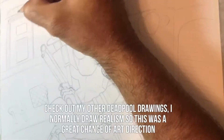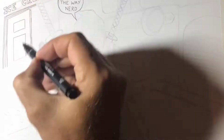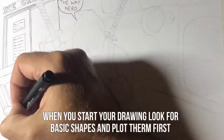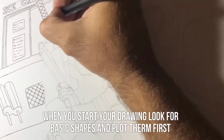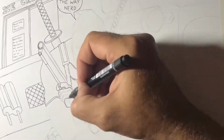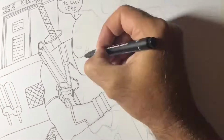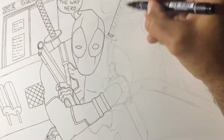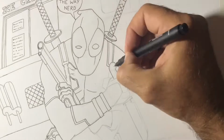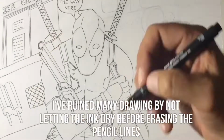I've started out using my HB Caran D'ache pencil and I'm just plotting out some rudimentary shapes. I'm looking for circles, straight lines, squares, triangles, and then I'm going to start building the details out. Once I'm happy with the general shape and layout, I'm going over this with an ink pen. It's a permanent fine line marker. You can pick these up in any stationery shop. Make sure that you have let this dry before you start any of the erasing of any of the pencil